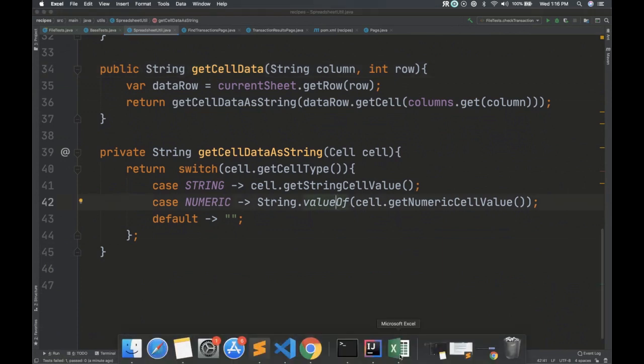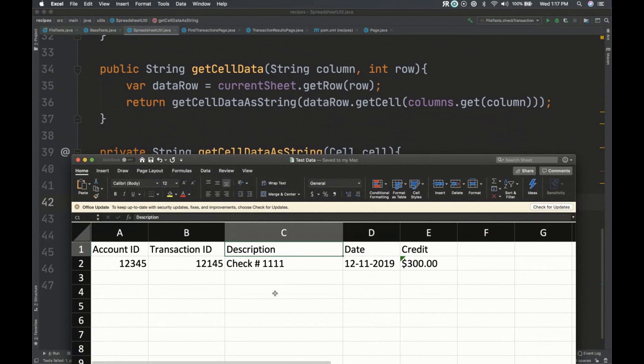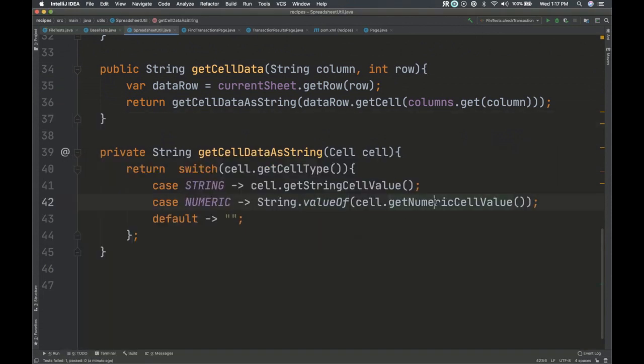Now, this get numeric cell value returns a double, because the numeric could be an integer or it could be a float. So it went with the higher case because double will handle integers too. The problem with that is that it adds a decimal to it where we don't want a decimal added to it.